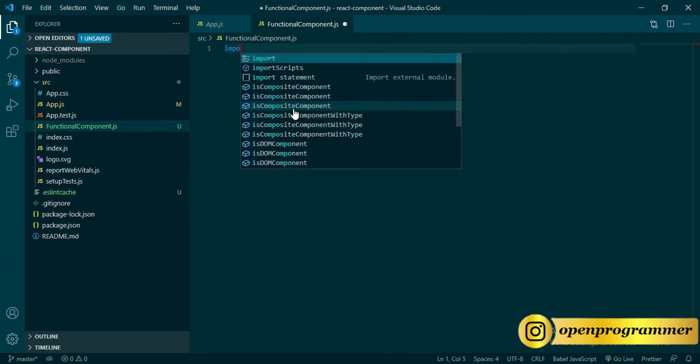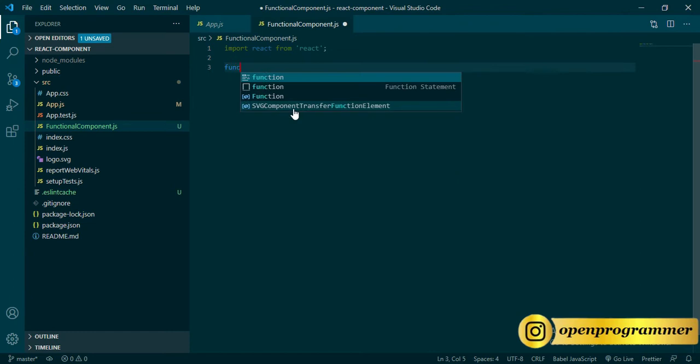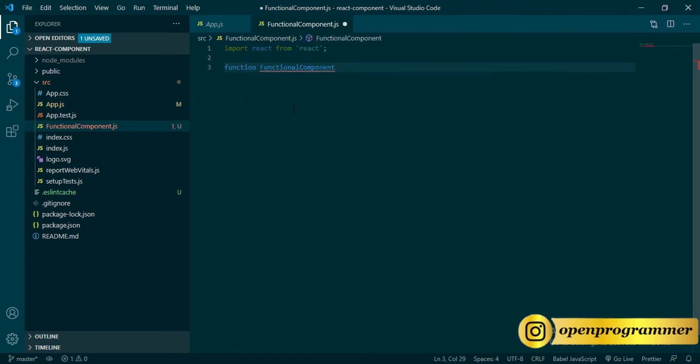Now let me import React from React. Now the function and the function name, and the function body. Inside this body, let me return a simple h1 tag, and inside the h1 tag, let me write hello.